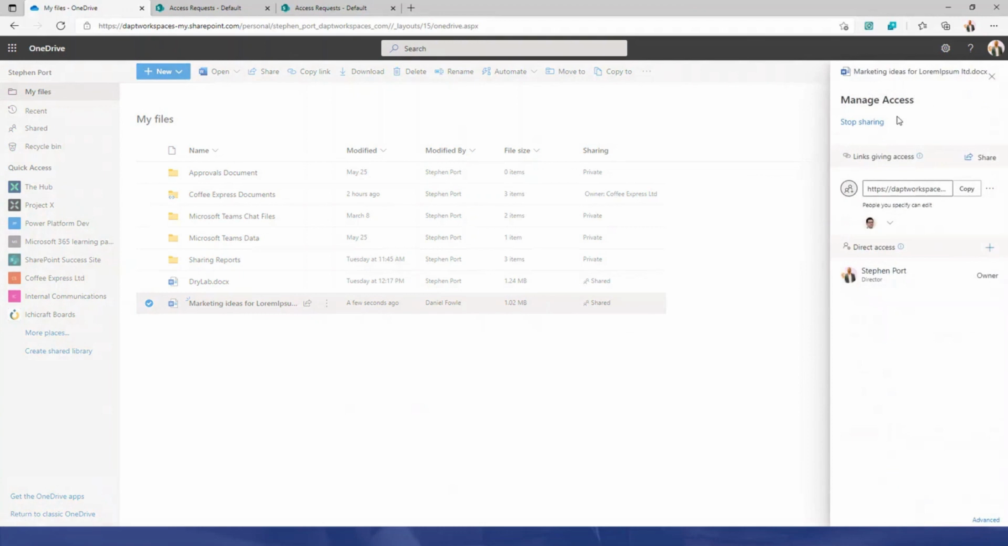So I can go into here, and I've got a couple of options on how I can stop providing access to this item in my OneDrive for Business area. So one of the first ones you'll see at the top here is stop sharing. So that just basically removes all access to that document. It's like a blanket